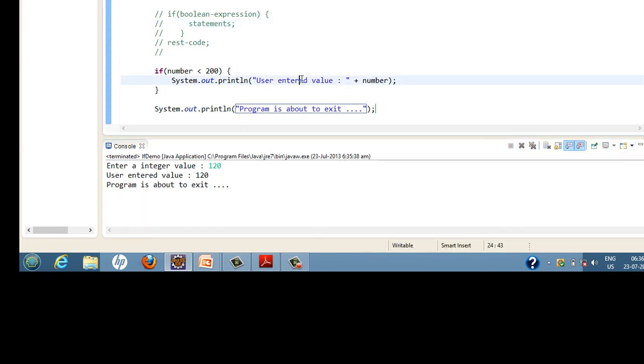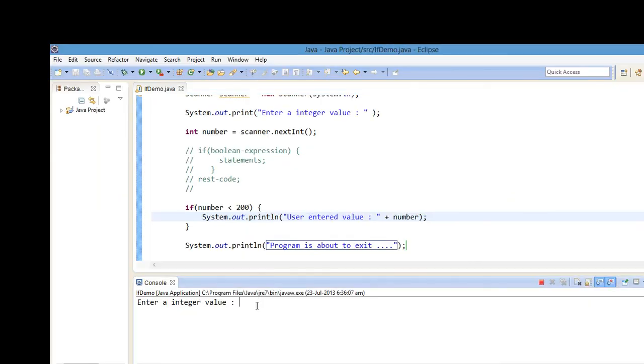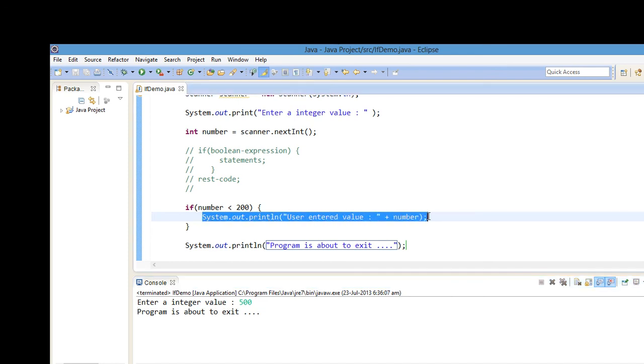Now suppose I run it again, and this time I enter the value 500, which is more than 200. Then our if statement should be skipped, and only the rest code gets executed. If I hit enter, it says that the program is about to exit, meaning the statements in the if block were skipped because the condition came out to be false.